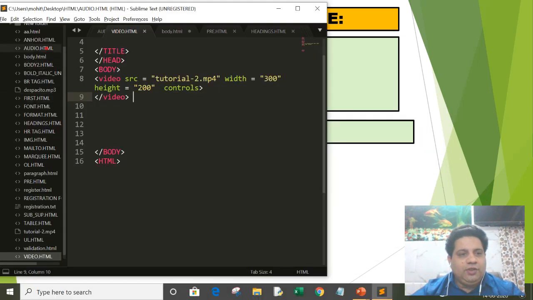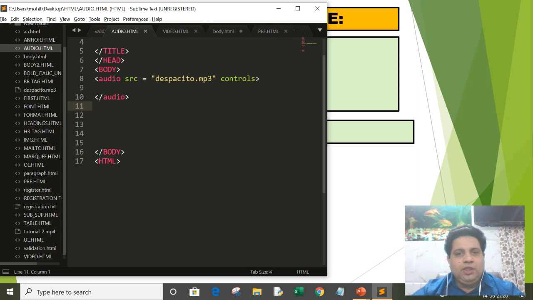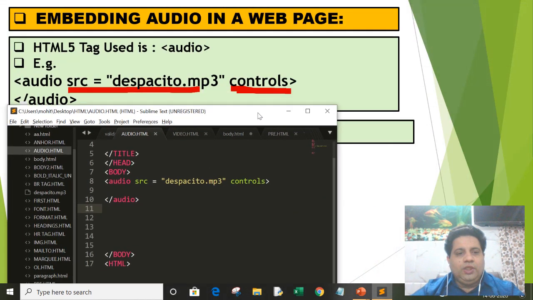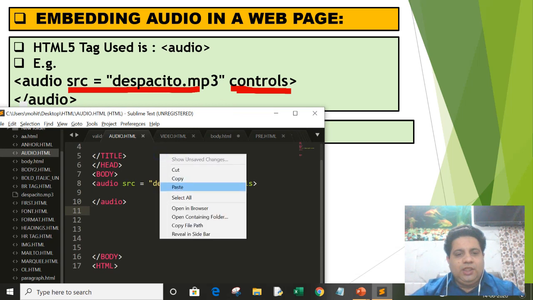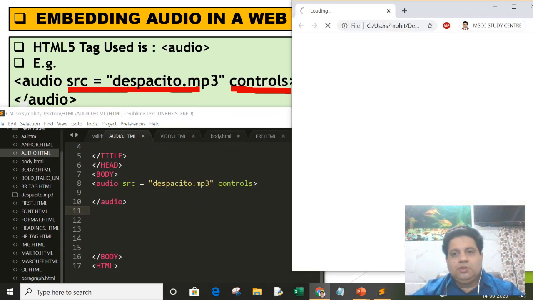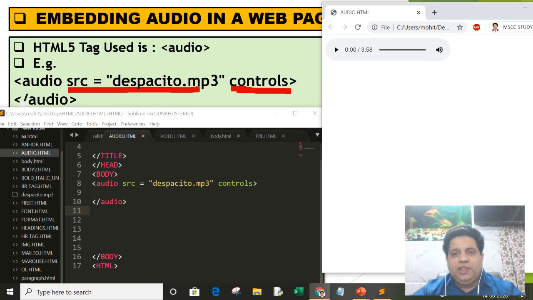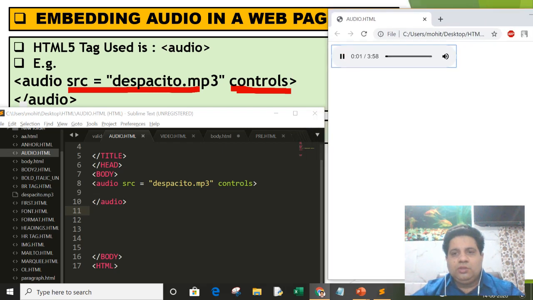In the example, I have written audio.html. See, this is the coding of audio.html. Now I am running it. See, you are getting the audio. Now you can forward it.